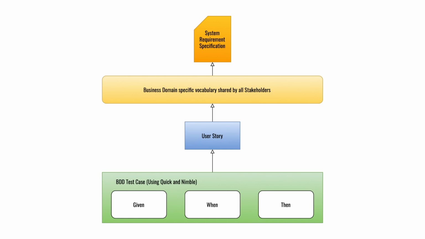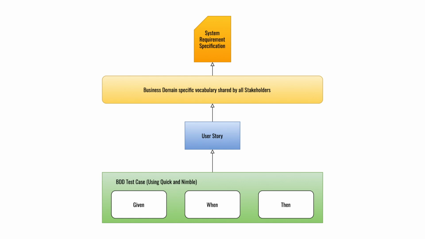Each test case in the BDD environment is completely based upon a user story. This user story is written in a language that contains all the words in the vocabulary of the business domain of that project, and it is easily understandable by all the stakeholders of the project. This common vocabulary comes from the system requirement specification document for that project. That means whatever test case you write in BDD is highly focused on a single user story at a time, and it always tests that feature against the system requirement specification document where the feature is defined, that is, how it should work and behave according to the expectation of the client.